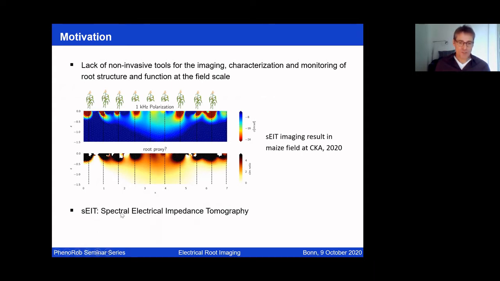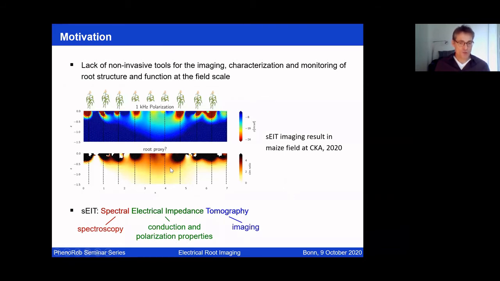sEIT, which you have seen before several times as well. And this stands for Spectral Electrical Impedance Tomography. And in a way, this already captures what I will talk about today. The methodology is a combination of spectroscopy on the one hand and tomography, so an imaging modality, on the other hand, and that based on electrical properties and more explicitly electrical conduction and polarization properties